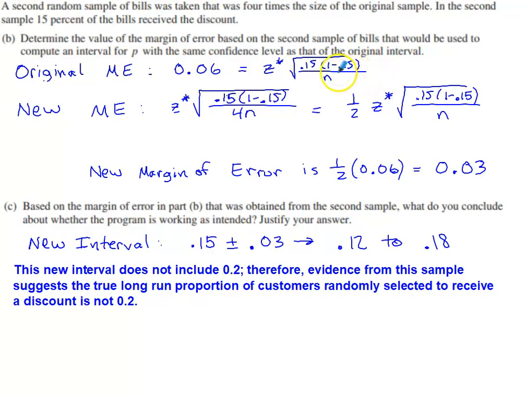And then if you think about how you would find the standard error for your sampling distribution for a sample proportion, you're going to take the sample proportion times its complement, divide by the sample size, and toss that all under a root. Now this would be how the original margin of error got computed. So I thought, all right, let me see how this new margin of error is going to get computed. I'm going to use the same z star value because I'm still using the same confidence level. I have the same sample proportion, so I still have the same numerator.